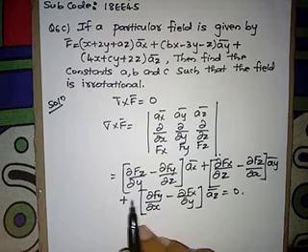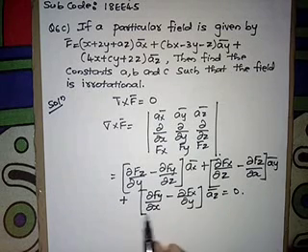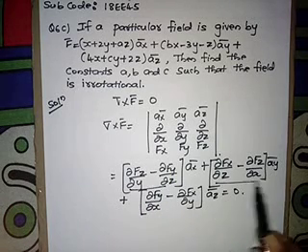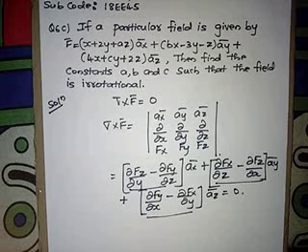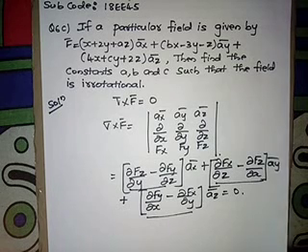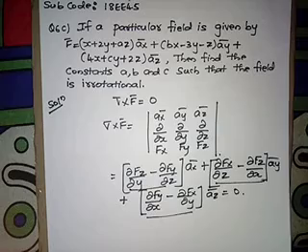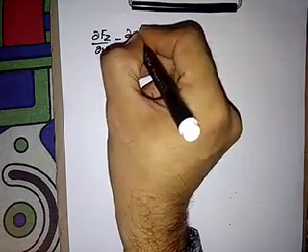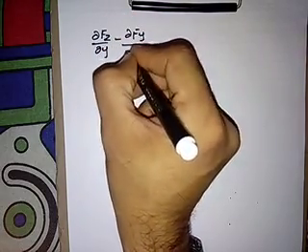Okay, now the curl has to be 0, that is this equation has to be 0. So if this equation has to be 0, then each of the three terms has to be 0. So let us equate these terms to 0 and then find the constants a, b and c, right? We will do that. So the terms here are, first, the ax bar term, dou fz by dou y minus dou fy by dou z.